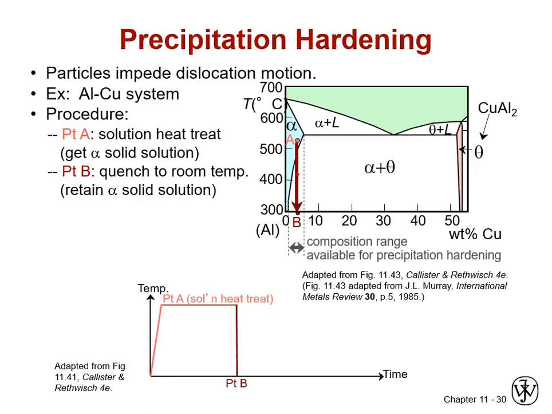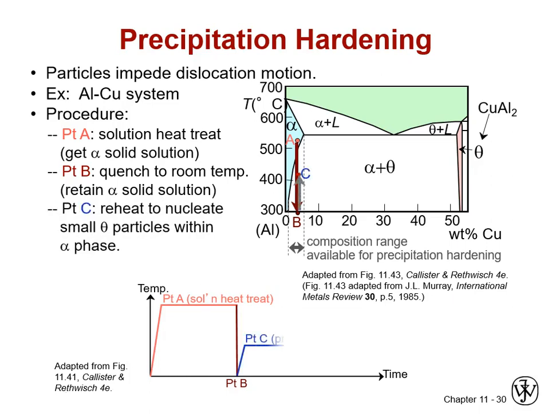It is still a metastable solid solution, but it doesn't have anywhere near the strain energy that we would get from martensite. So we didn't have a diffusionless shear transformation, but we did deviate from equilibrium. So what we have now is a metastable solid solution, and it has some reasonable strength, but not nearly as much as it would have if we reheat